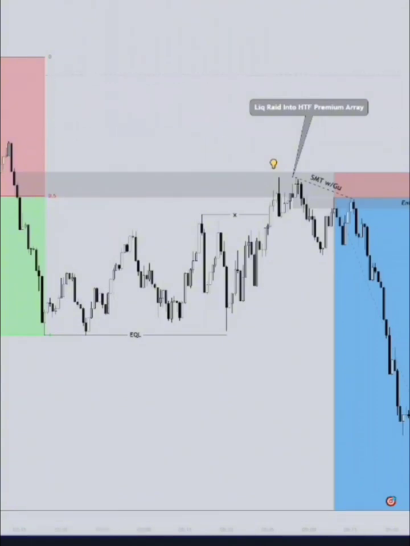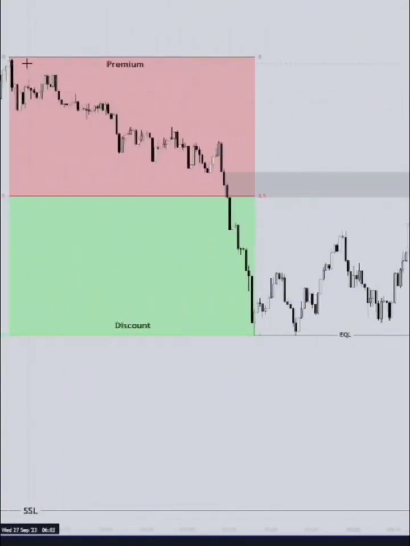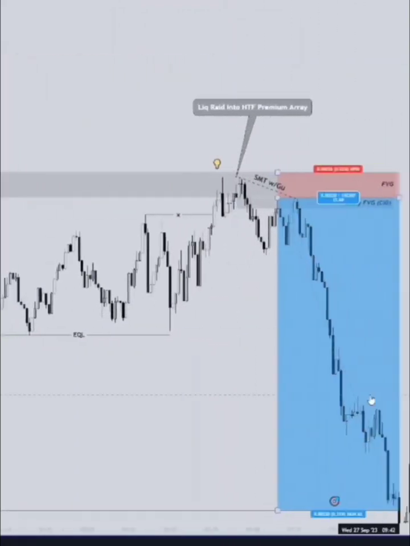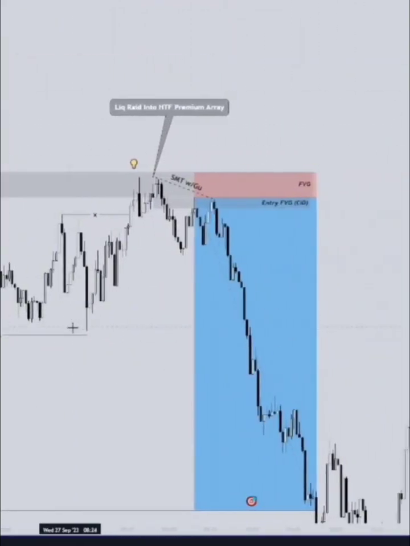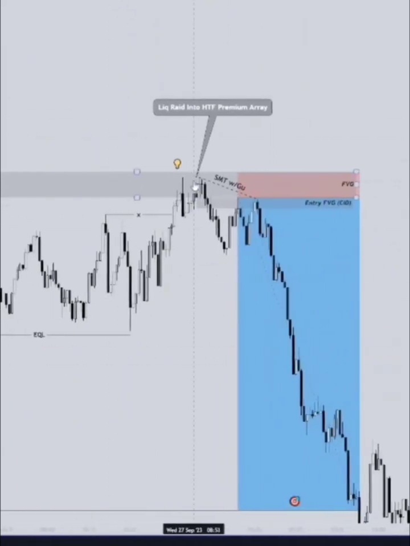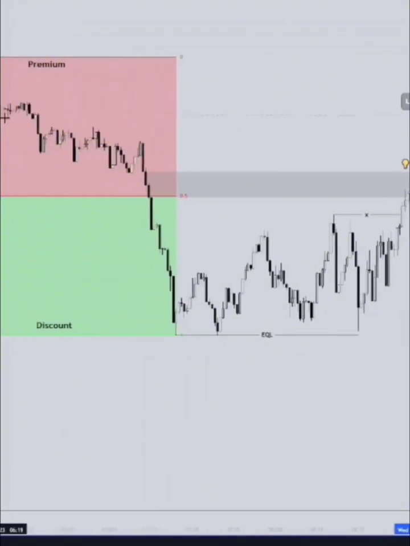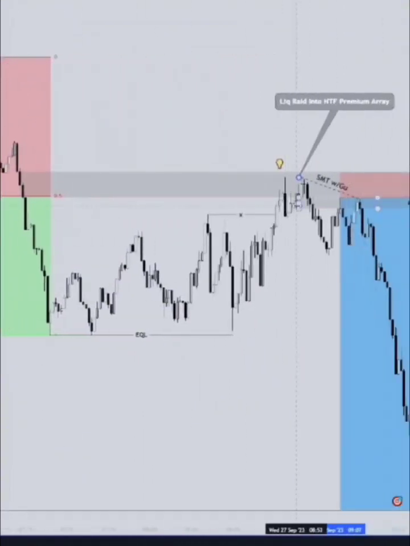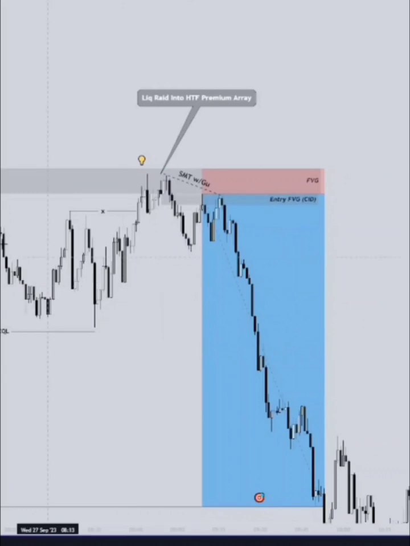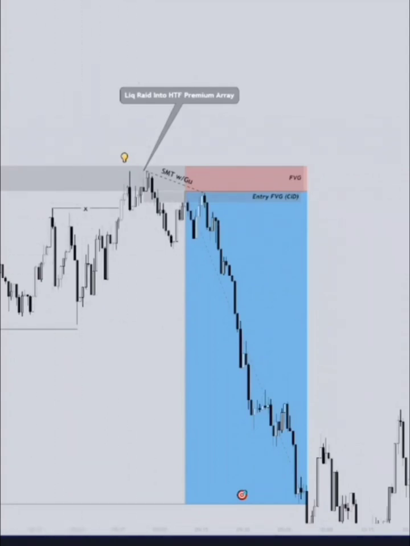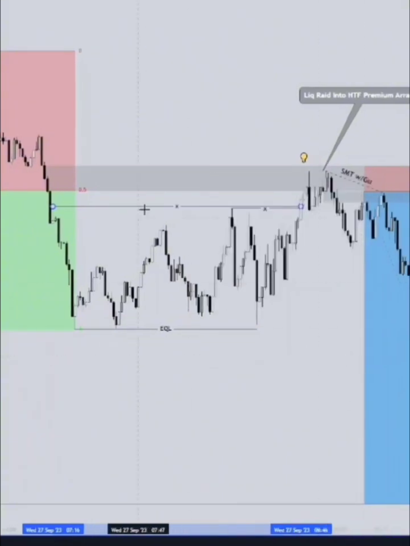So in this example, we can see that the market expanded, it reaccumulated, it manipulated and redelivered. It is expansion, accumulation, manipulation and redistribution. This is also called neutralization, where the market would expand, accumulate, neutralize and redeliver. So all of this is basically power of 3 or AMD cycles. Okay, so all of that basically out of the way, we can see that the market created this internal liquidity,